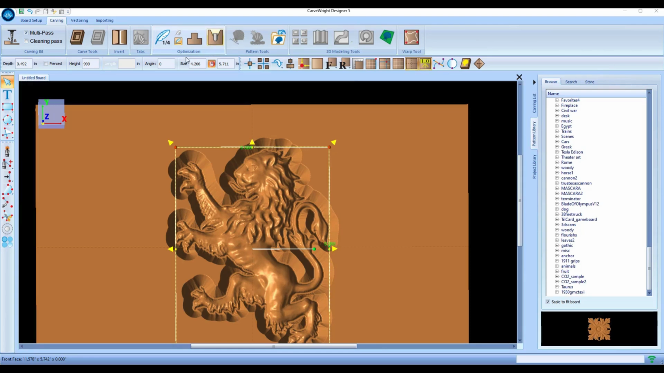Bit optimization is found in the optimization section of the carving tab. When a pattern is placed on the board, the bit will essentially try to put the tip of the bit at each point of the pattern. Bit optimization allows you to set how much interference that bit is allowed to do to the